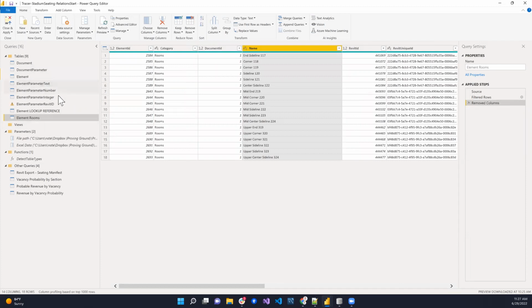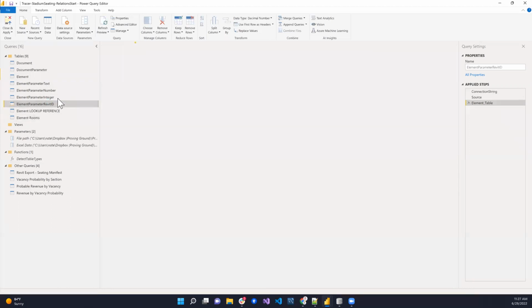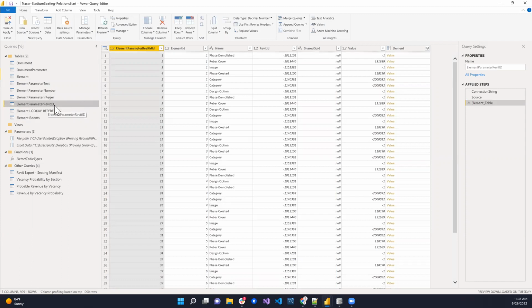Maybe I also want the ability to connect my furniture element records to these rooms. Because in Revit, if you place a chair or something, it might want to reference a certain room object itself. And within this exported database, element records can be joined to rooms using the Revit IDs of the rooms that are assigned to these elements. So if I go to the element parameter Revit ID table, you'll see that we have Revit ID,